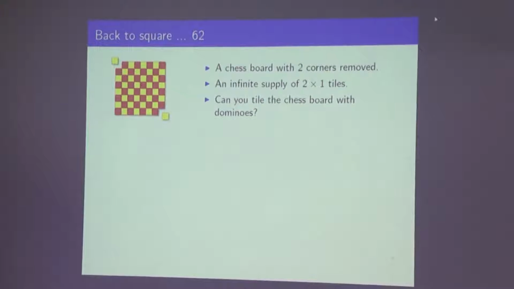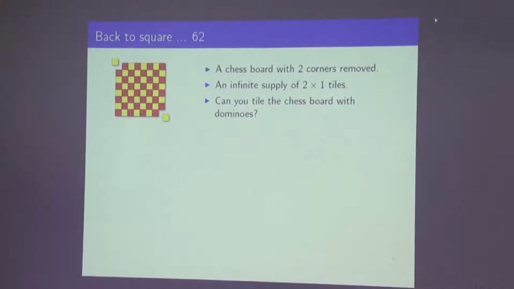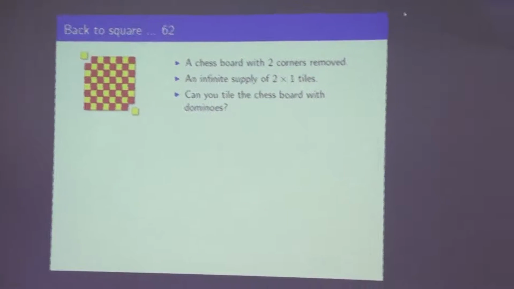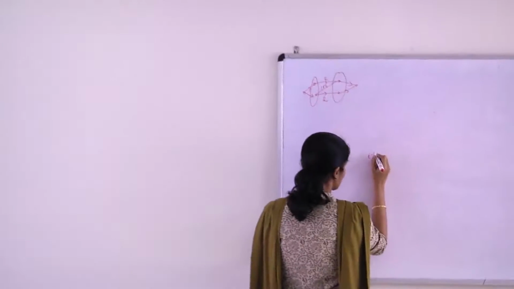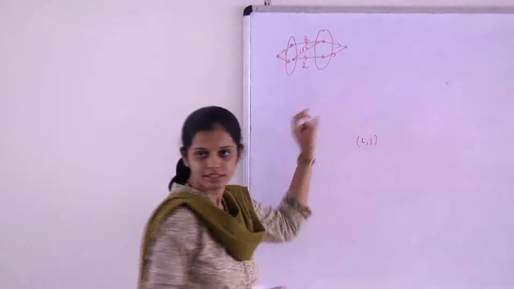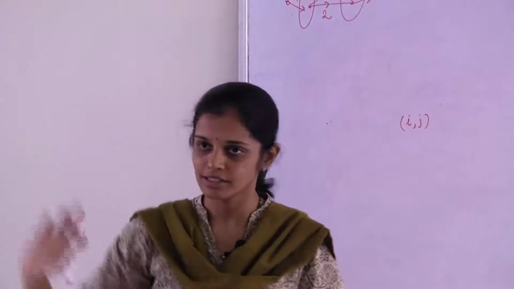Okay, if it is adjacent. So let's say that all the cells are labeled with their row number and column number. There is 1,1; 1,2; 1,3; and 2,1; 2,2. So let me write this arbitrary cell number ij. Of course i and j range between 1 and 8. So there is an ij cell which is somewhere sitting in that chessboard.